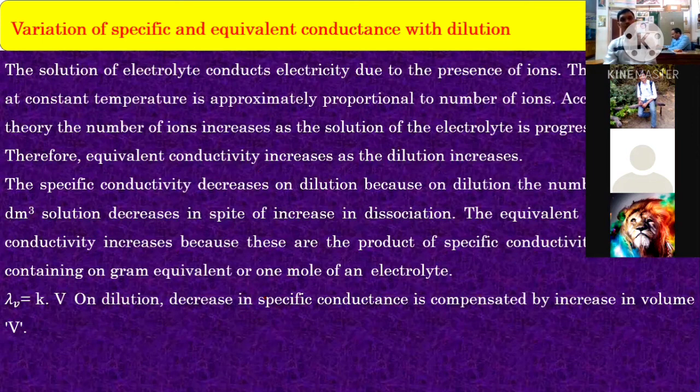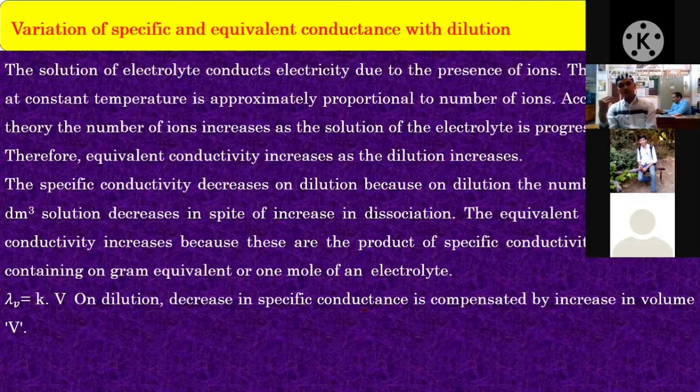Okay, this is the part I discussed in this chapter. Then next, there is strong acid versus weak base, weak acid versus strong base, and weak acid and weak base. This part of conductometric titration will be discussed tomorrow. Okay, and one more part is precipitation titration. Okay, thank you.